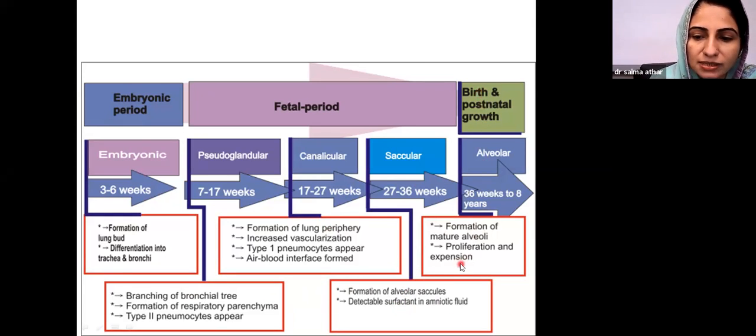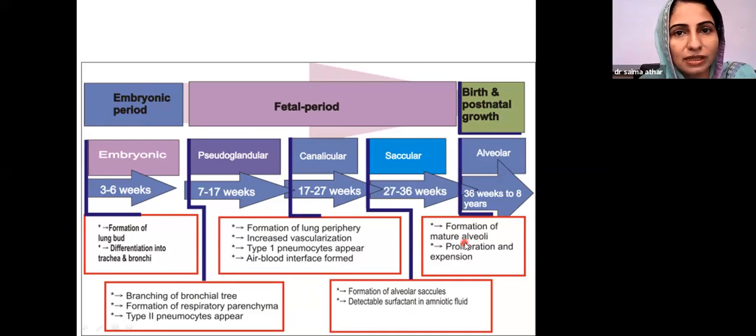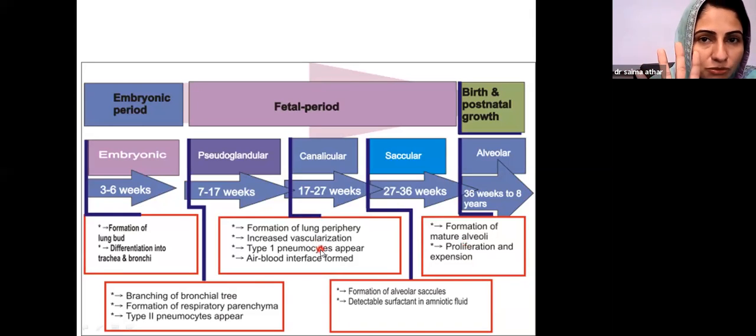The last phase continues. Remember that the formation of alveoli starts 2 weeks before birth, continues till 10 years of life. Till 10 years, the formation of alveoli will continue. The lungs will keep on growing. Okay? The gas exchange will keep on increasing. So this is a bit tricky part which you have to memorize in terms of the development of the lungs. I'll continue and start from this tomorrow, where just remember these 4 phases. We are going to discuss tomorrow what is happening during